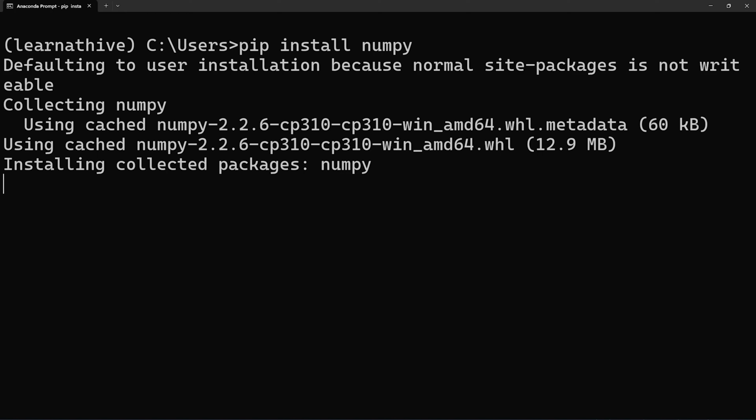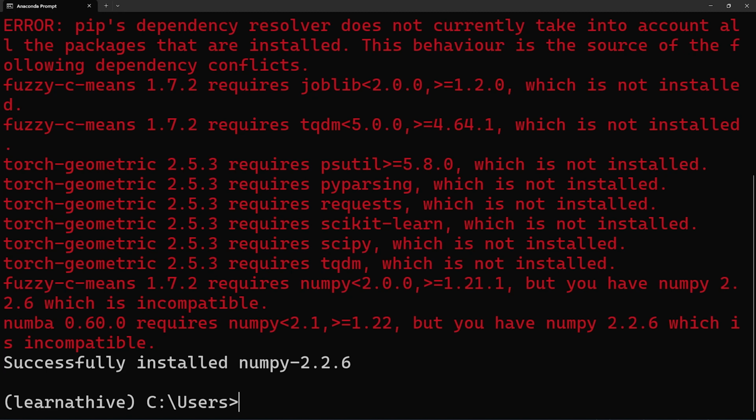I already had it, so if you don't, it will download and install automatically. It uses the cached version. Okay, it raises some compatibility errors, but it's okay since I will just demonstrate examples about NumPy. You can uninstall it,